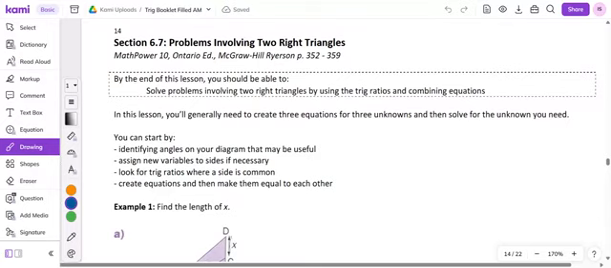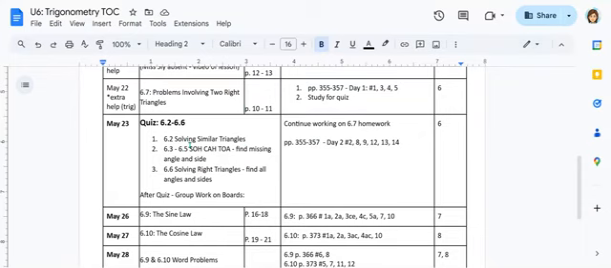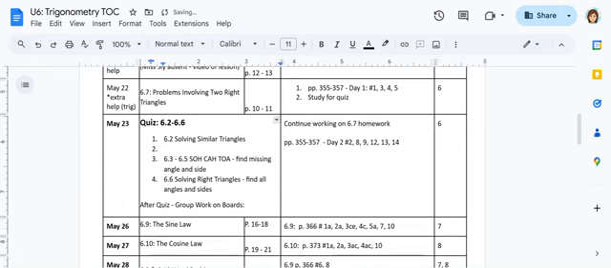Okay, so this is the lesson we're doing, but I want to take a brief moment to talk about what's going to be on the quiz. If you look in the table of contents, I already wrote the three things there. I wrote 6.2, solving similar triangles. So that includes, here, I'll type it out here,